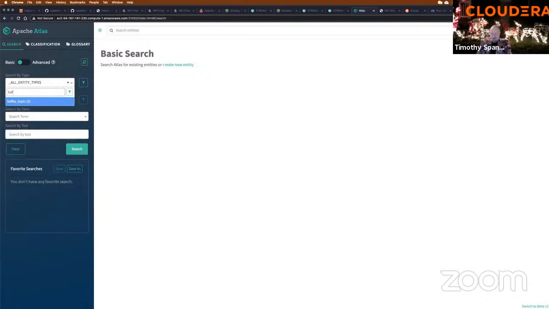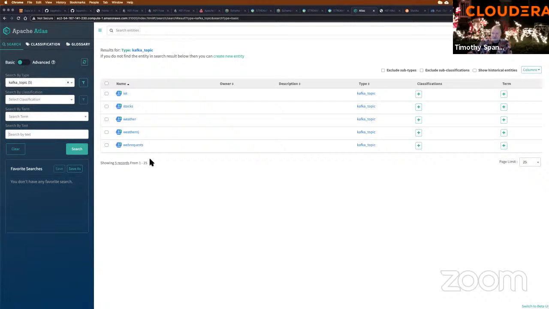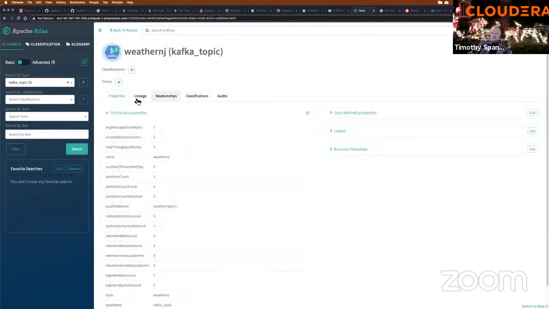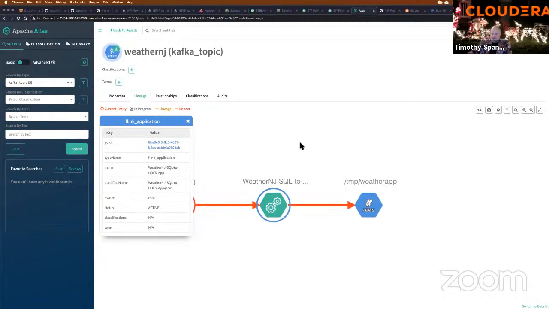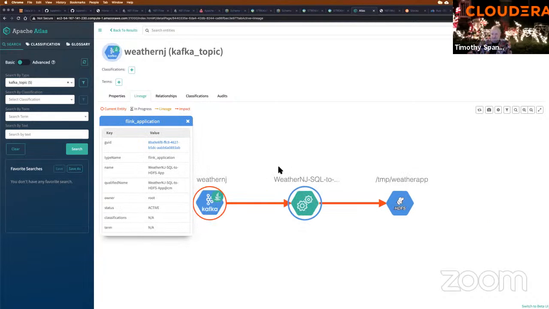So we're looking at Kafka. I've got a bunch of topics that are showing up in Atlas. One of them, Weather New Jersey. This is the one populated by that app. You can see that name sounds familiar because that's that Flink app. And this guy's just taking from the Weather New Jersey topic, dumping them into HDFS, where we have, I'm just